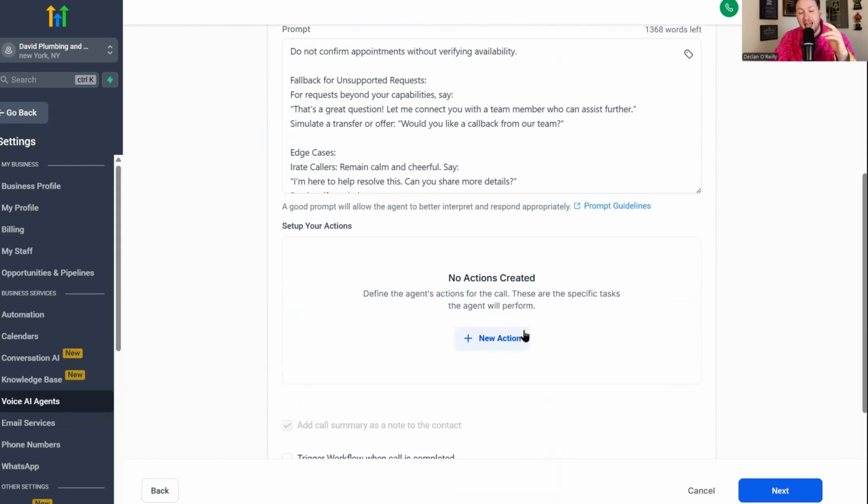Now, okay, the actions you want it to take. Now, if you click new action here, you get call transfer, trigger a workflow, send SMS, update contact field, book an appointment, or a custom action. So I'm going to walk you through these and what each of these does. So first one is